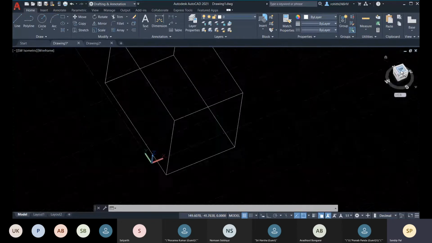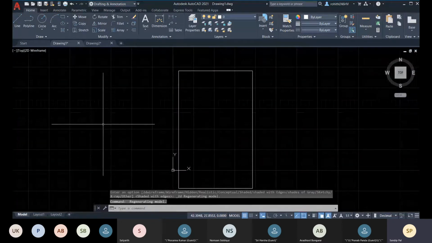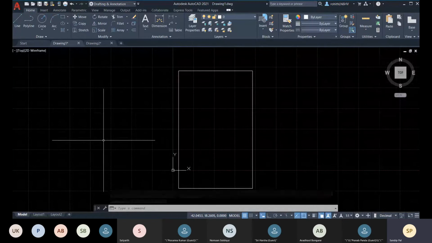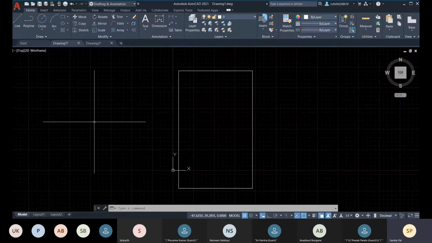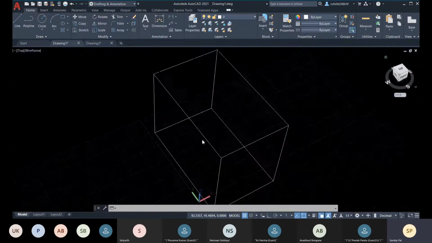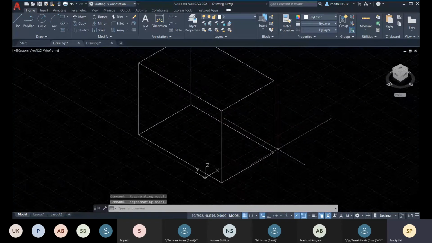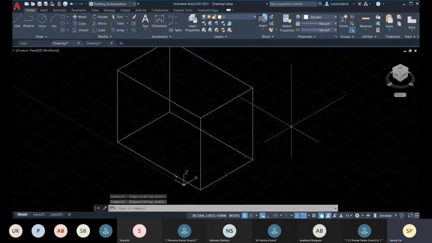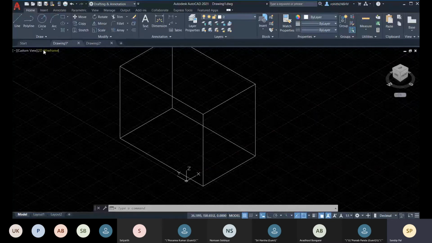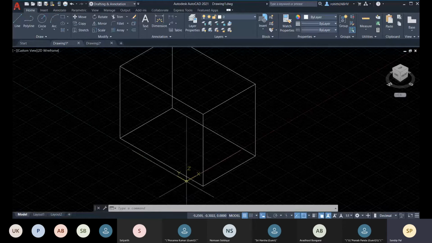And if you change it to any 2D orthographic view, at that time you have this 2 dimensional crosshair. Okay, but when you are using this 2D wireframe visual style, you can see that the UCS icon is also